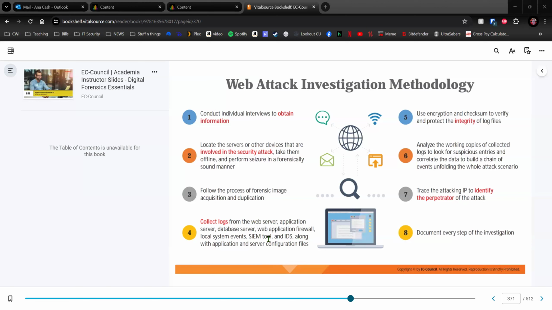And logs are also changed if you don't have systems down to get them. Use encryption and checksums to verify and protect the integrity of your log files. Analyze the working copies of collected logs and look for suspicious entries and correlate the data